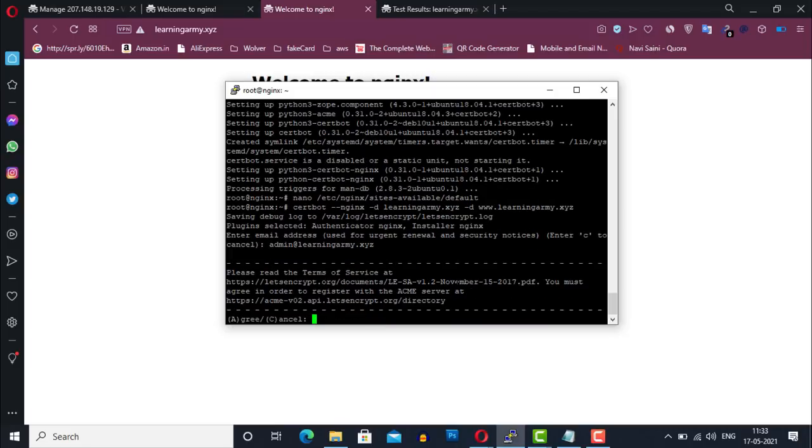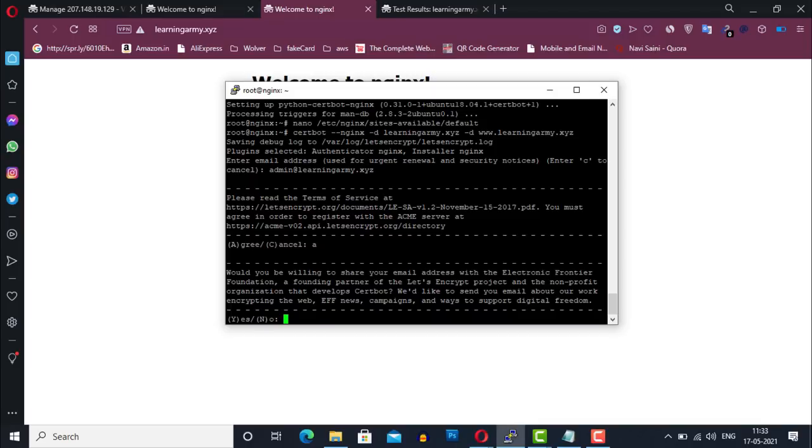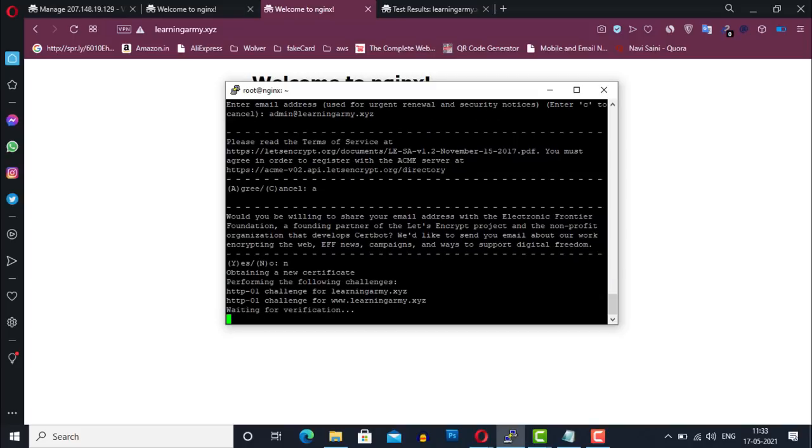We have to agree to the terms and conditions, so type A and press enter. Now I don't want to receive promotional news or any campaign emails in my inbox, so I'm going to press N and press enter. Now it's obtaining a new SSL certificate.